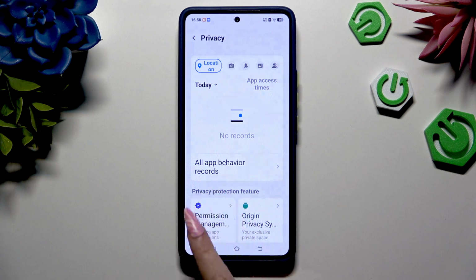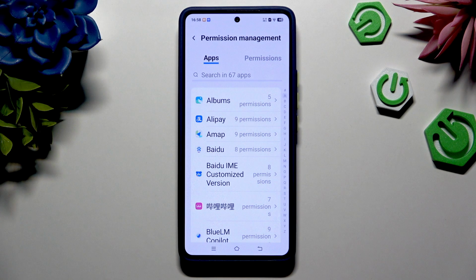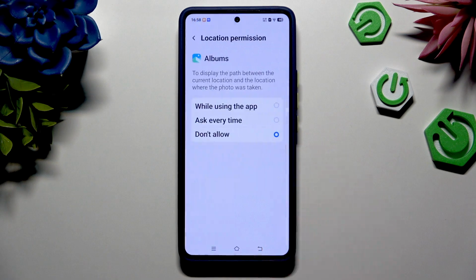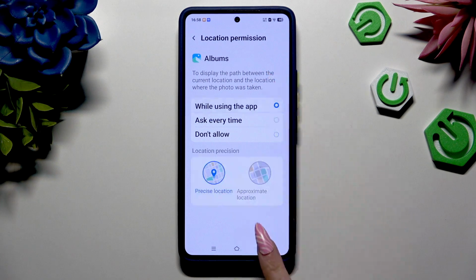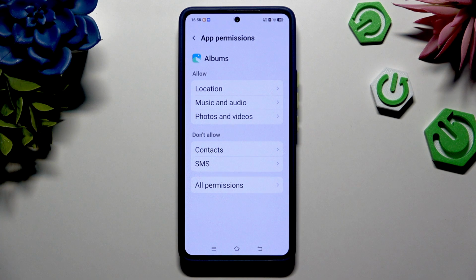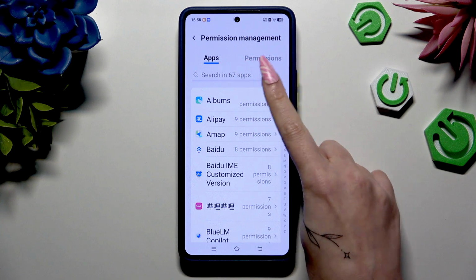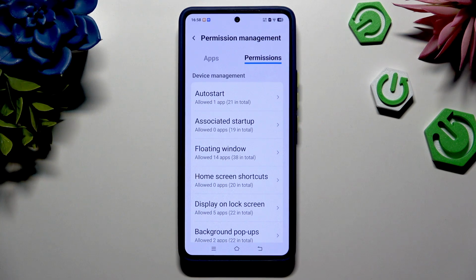Now choose Permission Management over here and tap on one of your apps, like Albums. Then click on one of those options. I will go with Location from Don't Allow and apply one of those: while using the app, ask every time, or don't allow. I want to pick the first option, so when I tap and go back, Albums just gained access to my device's location. But you can also go back, click on Permissions instead of Apps, pick one of those,